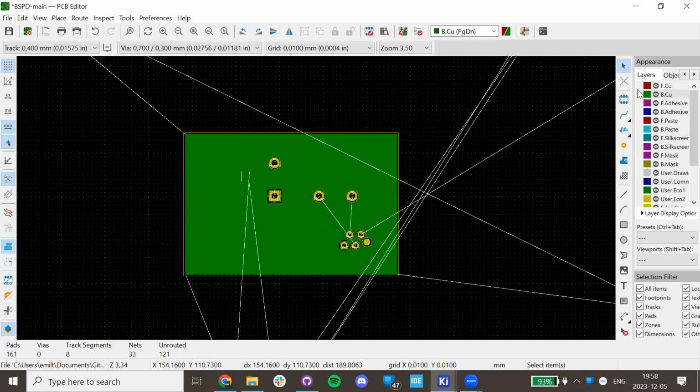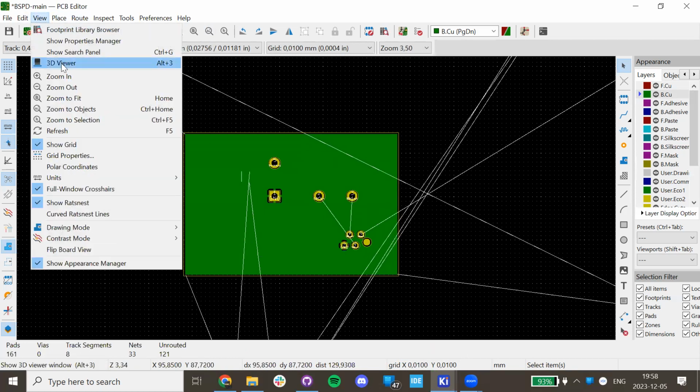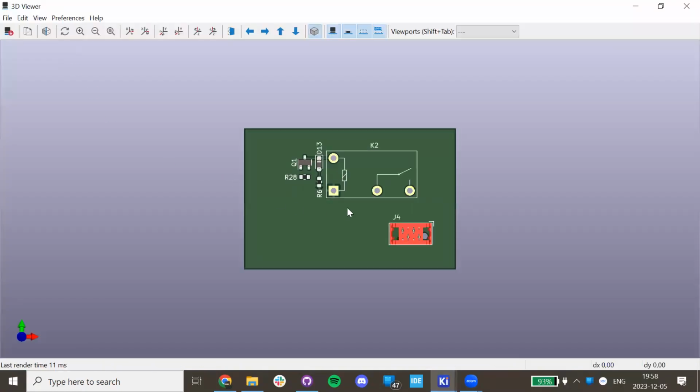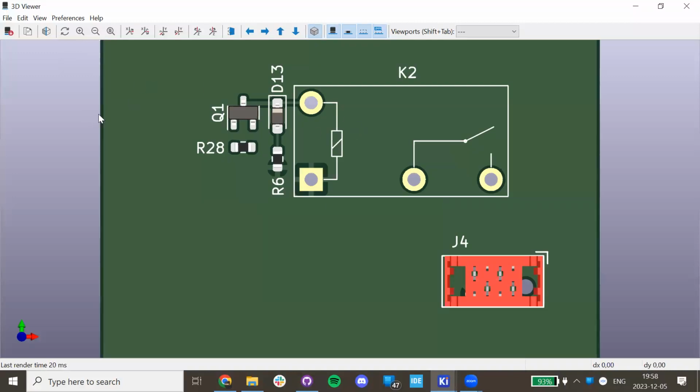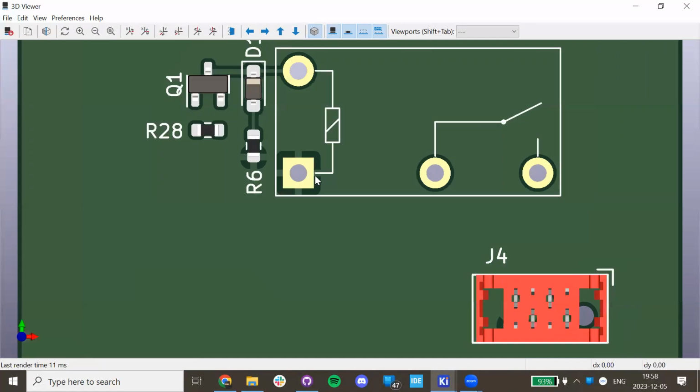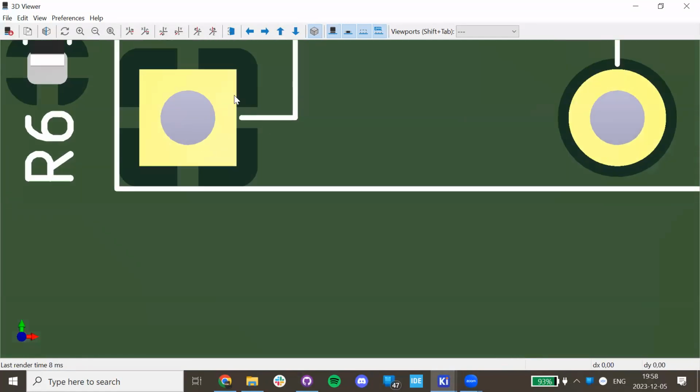So I can flip between them by doing this. And now I think already you can see in the 3D viewer that it turned light green. So you can see here the dark green, that's no copper. Here behind the light green, there is copper. And around here, this is the firmware release. You can see how the copper is only here and not in these zones here to aid soldering, because you have a less thermal conductive